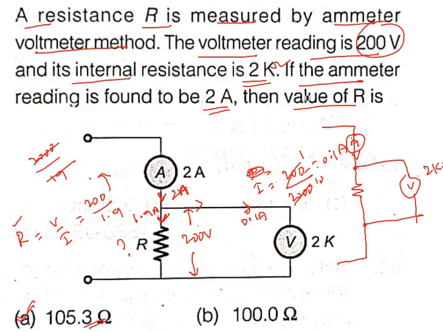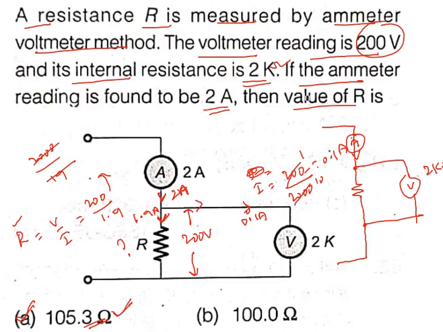Again I am repeating: I multiplied 10 on both sides, that is 2000 by 19, and 1900 from the given options, and 19 times 5 is 95. So 1995 is similar to this. That is why I have chosen the first option. If you see the remaining C and D options, they are less than 100, so those are not at all the correct answers. So 105.3 is the correct answer here. Hope you understood.